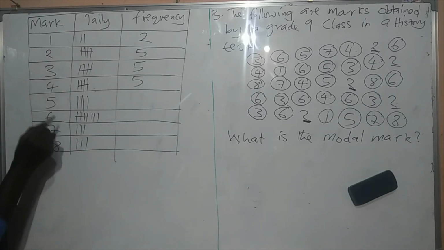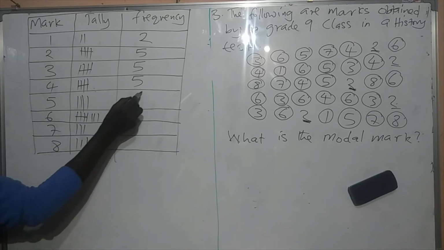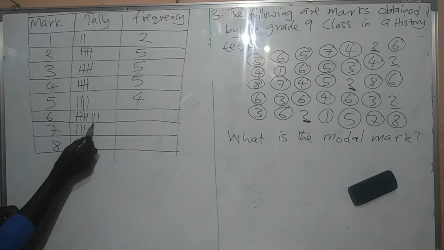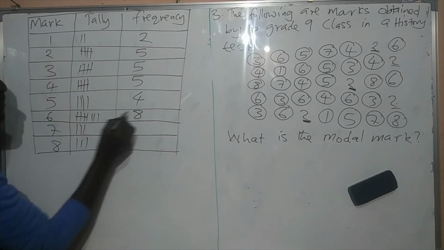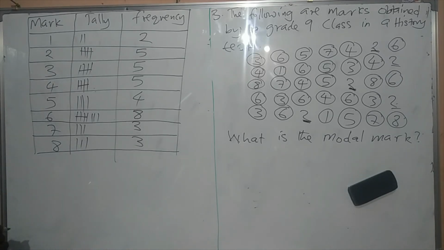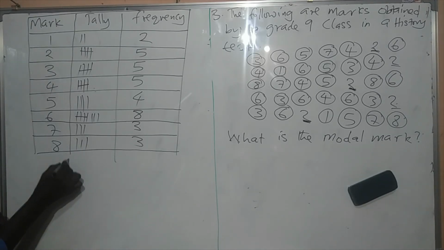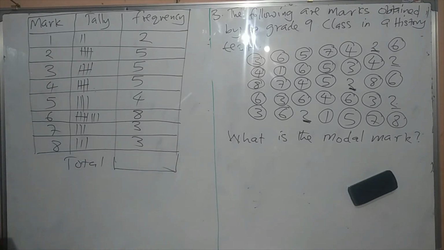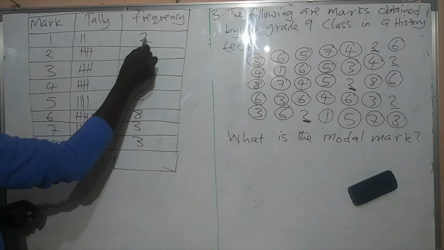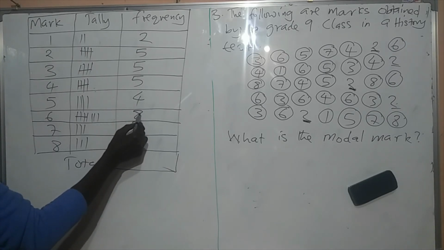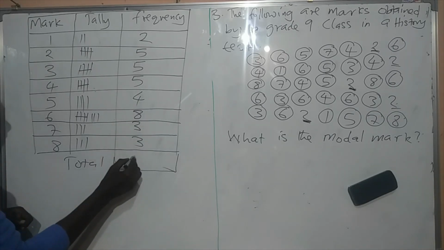Looking at the 30s, here you have 1, 2, 3, 4. You have 4. Here you have 5 plus this 3 here. You are going to have 8. Then here you have 3 and you have 3 here. Okay, and then you can even put the total now. You can put the total here, total frequency. You can add all these if you want. You're going to have 7, 12, 17, 21, 29, 32, 35 here.